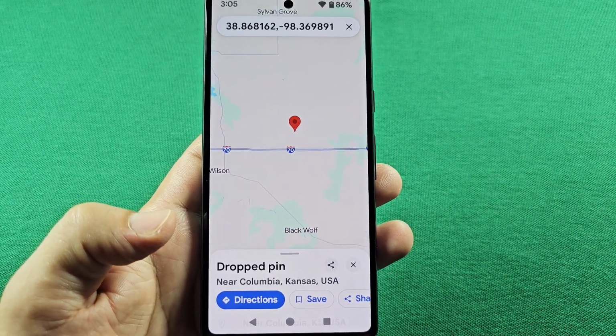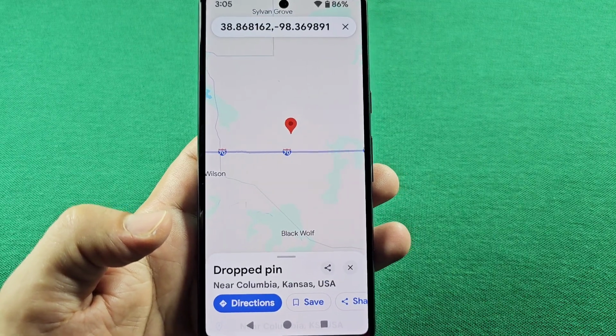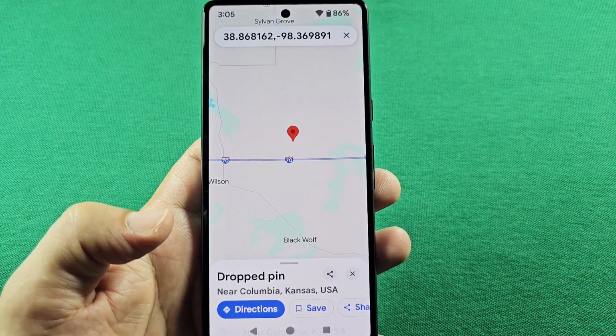And then once the person gets that link, they can tap on it. And if they have the Google Maps, it's going to open up for them and they will know exactly where